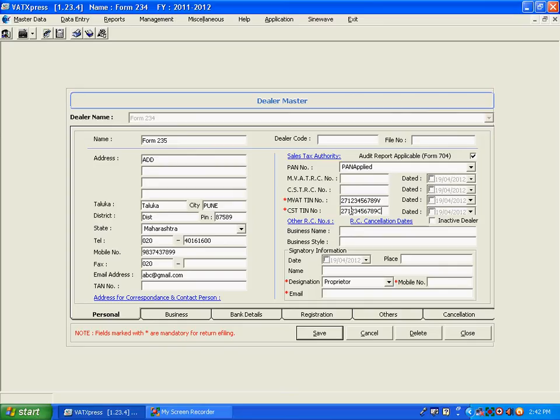CST TIN number. Enter the signatory information: date, place, name, designation, mobile number, and email ID.